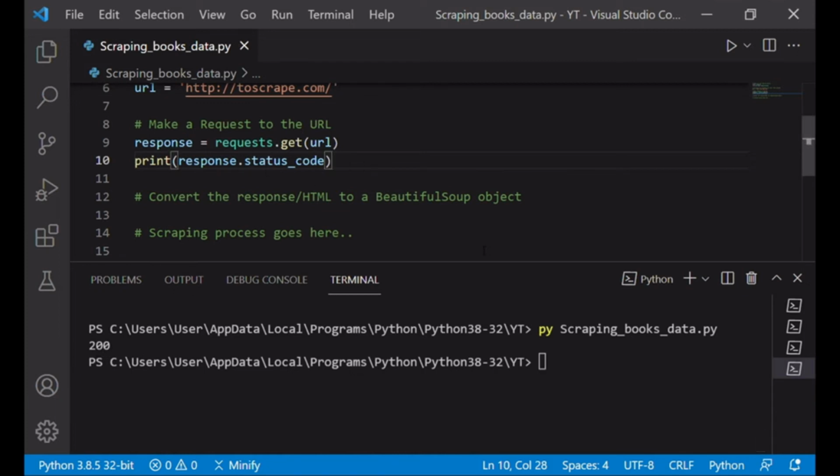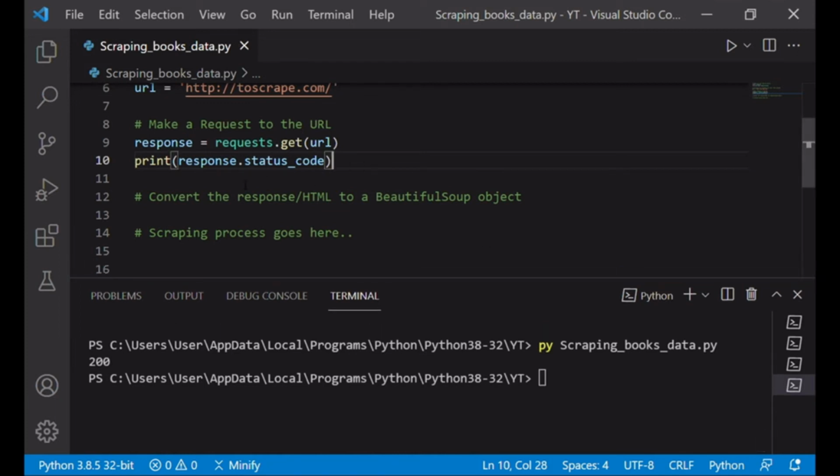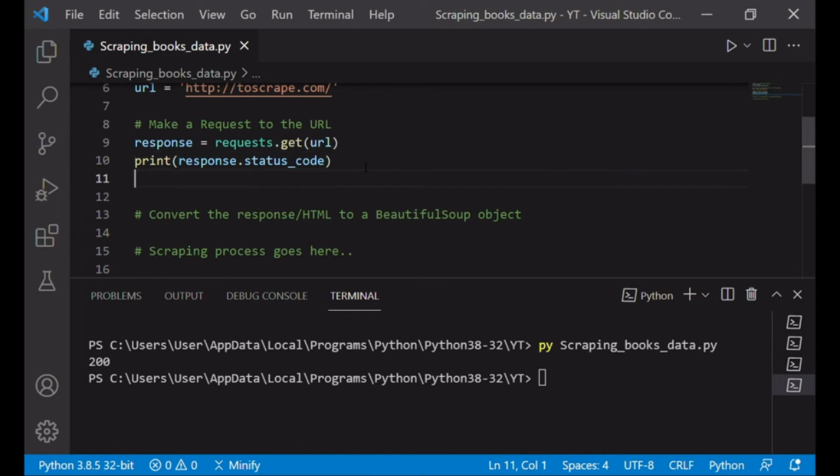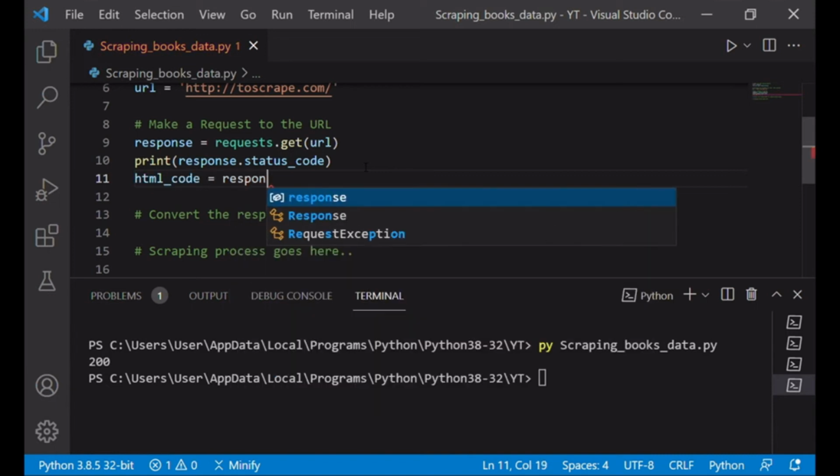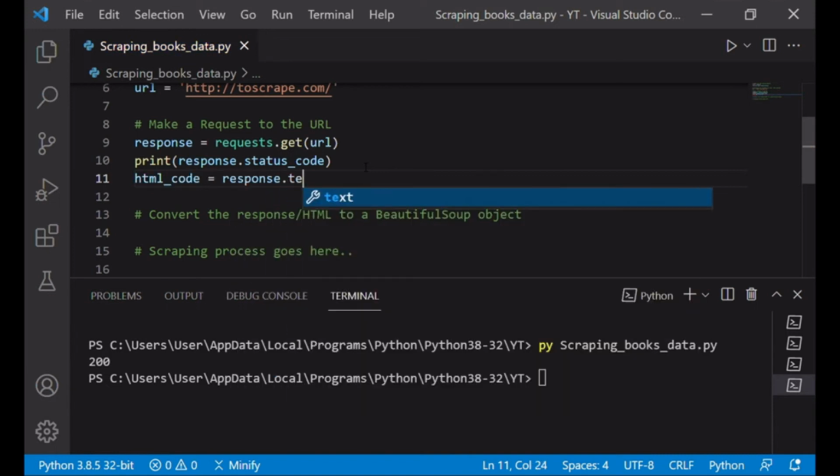Now we have to get the HTML code from this response. So let's call it html code is equal to response dot text. This response dot text will have the HTML code that the server has just given us. Let's assign that to html code, and now let's create a soup object.